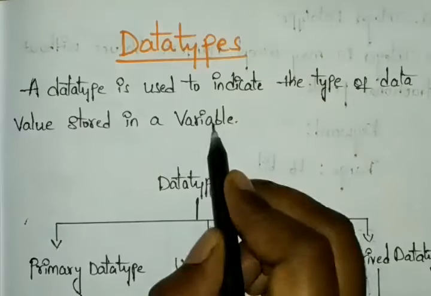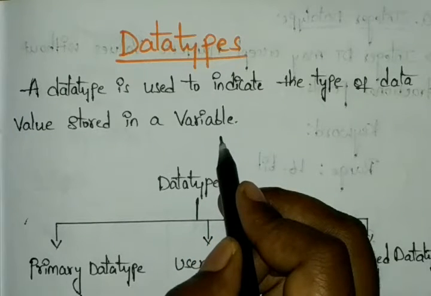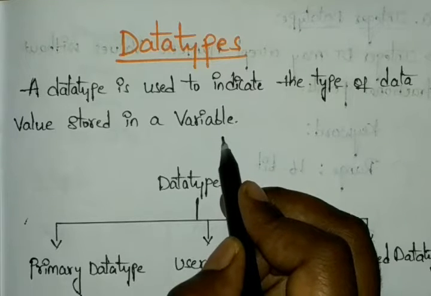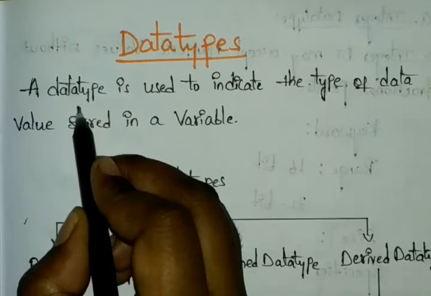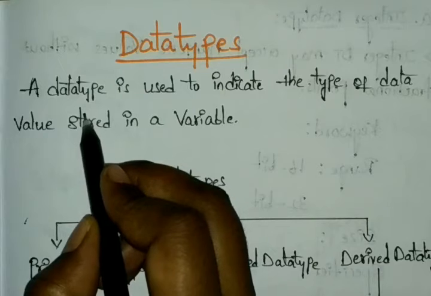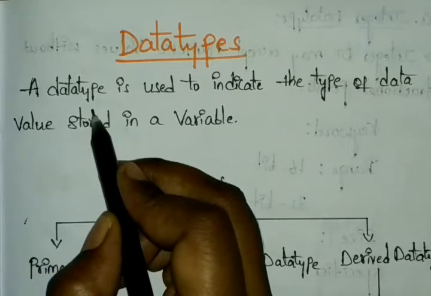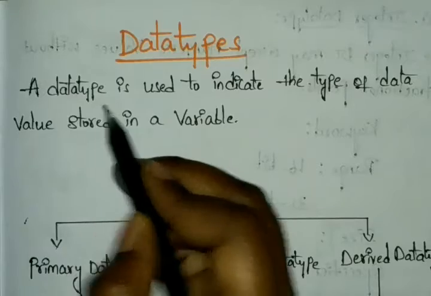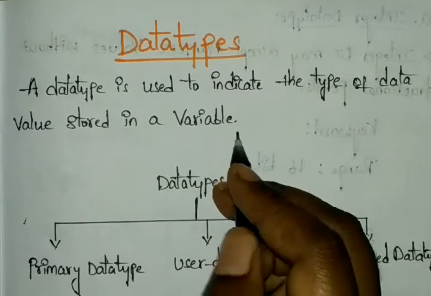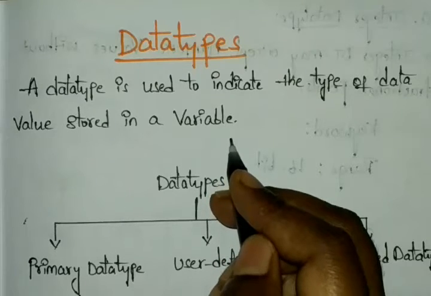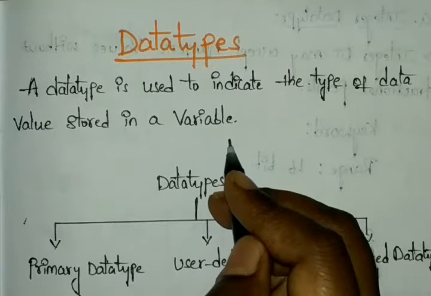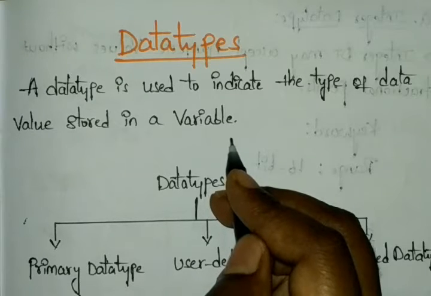So without the data type we cannot write the variables. Without the variables we can write our data types in the program. Once you give the data type in the program, the variable specifies our declarations in the program, and whatever data type you have given is applied for all the variables. If you give one data type, it is used for the variables you have given for that data type.